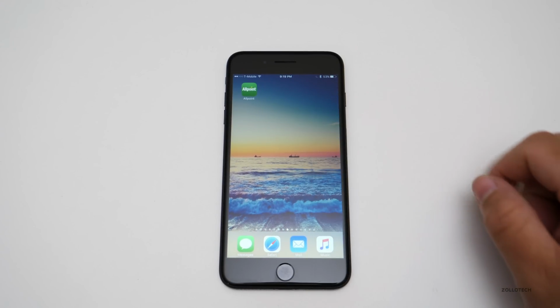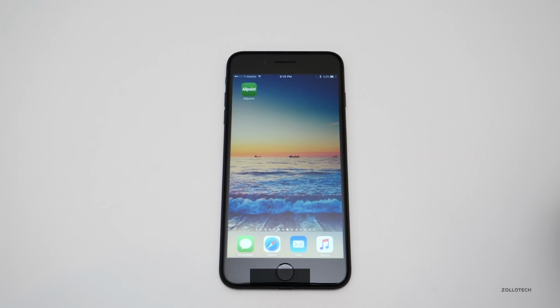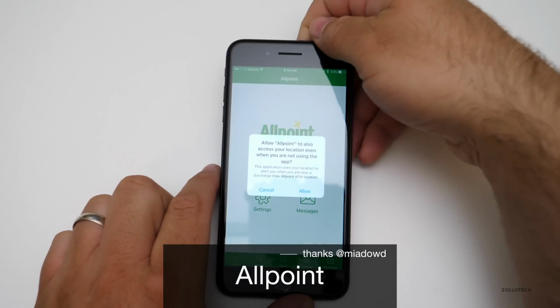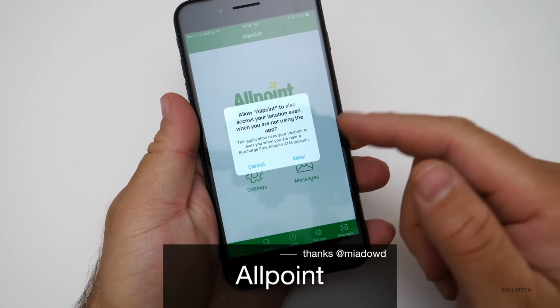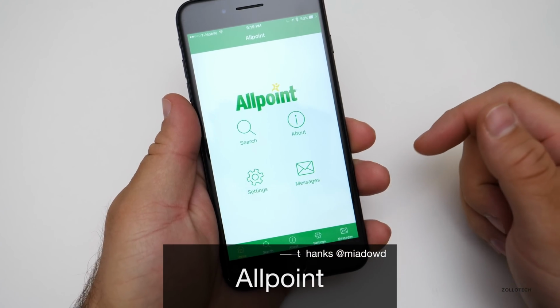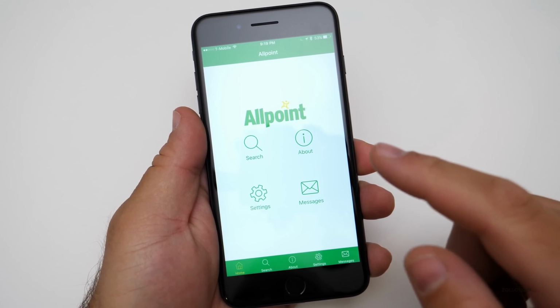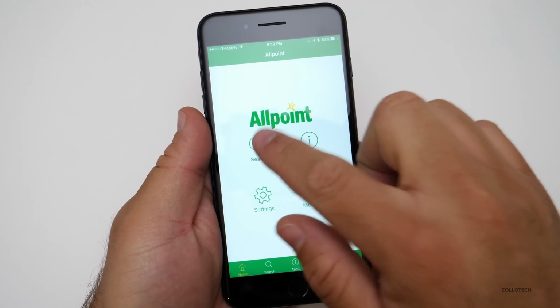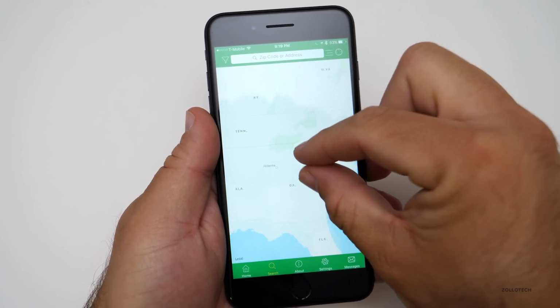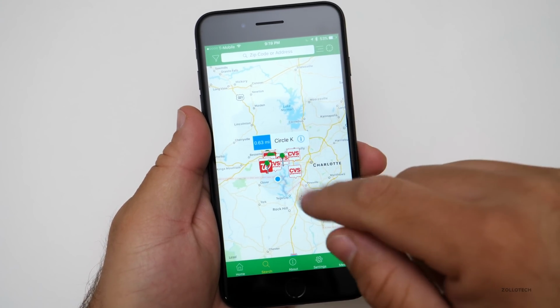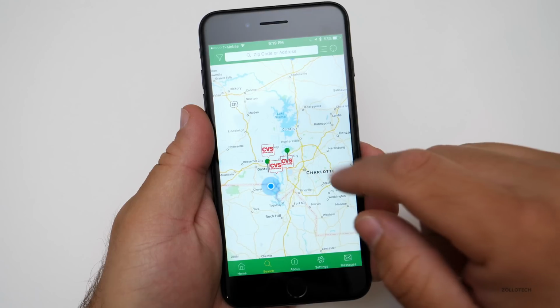So the next one is Allpoint. Allpoint was sent over by @MiaDowd, and this is a really simple app that's really great, and I didn't even know existed. No, I don't want it to use my location when I'm not using it, but what we can do is search for ATMs near us. So we'll hit search, and here's all the ATMs around the Charlotte area where I'm at,